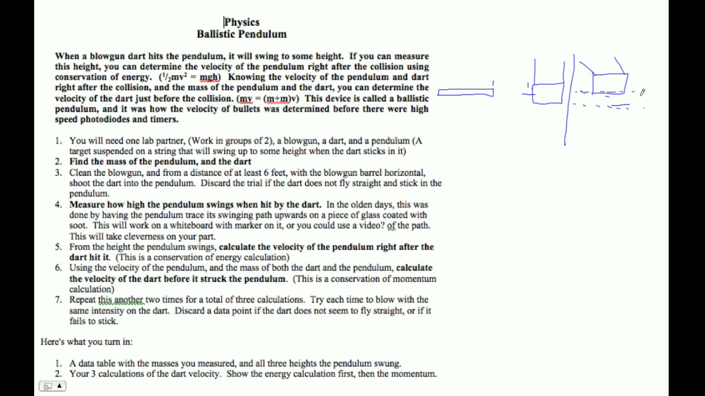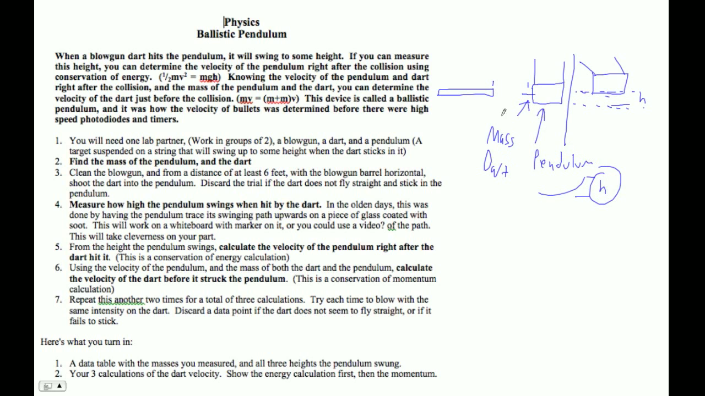And from that height, you're going to need to measure that height. I think what we're going to use is whiteboards. We'll put a little whiteboard marker on there and have a little thing that makes a line like this, and it swings up. It'll make a mark as it swings up. Measure that height, and all you need is the mass of the dart, the mass of the pendulum,